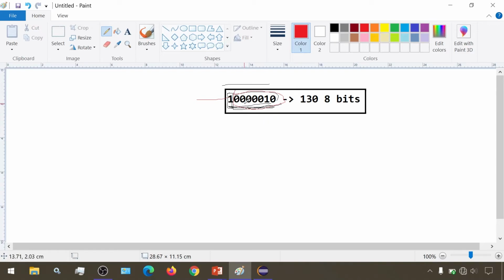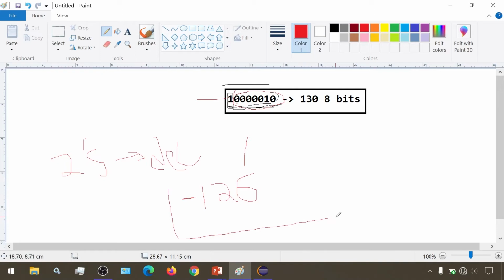First it will take the 2's complement of this binary sequence, then convert it into a decimal value. The decimal value would result in 126. And since there is a 1 here, indicating a negative value, the minus sign is added.